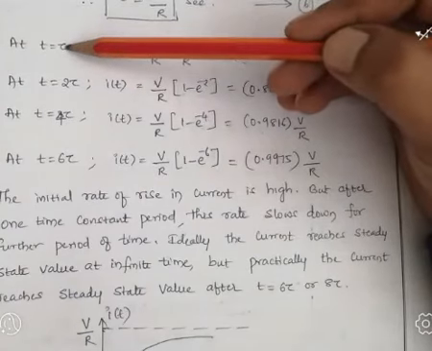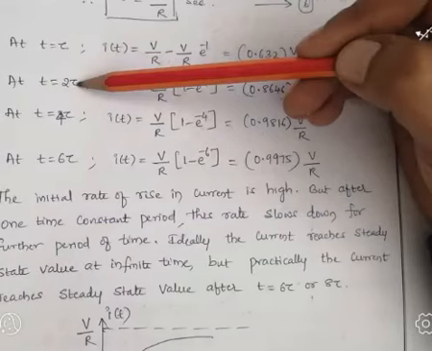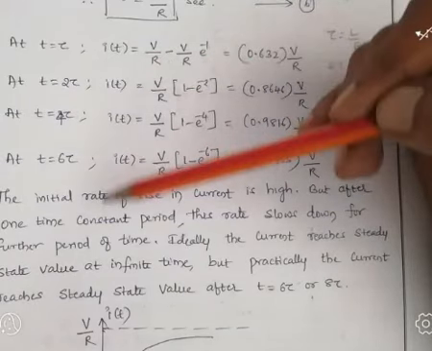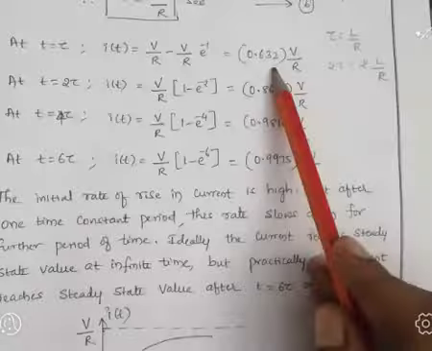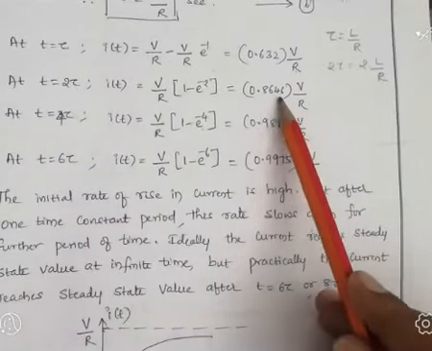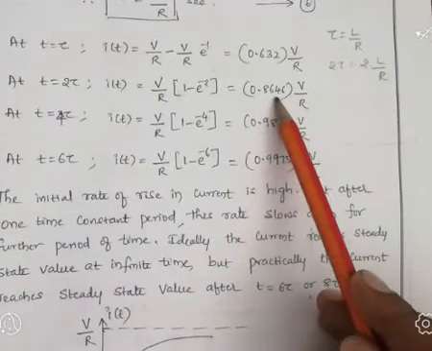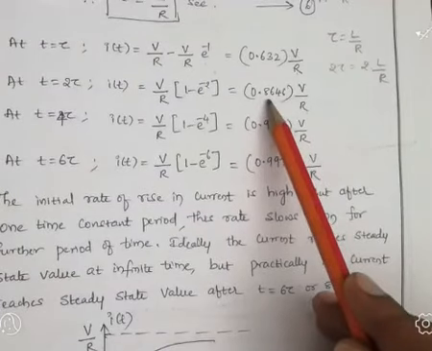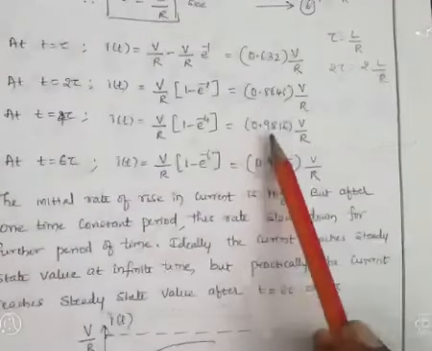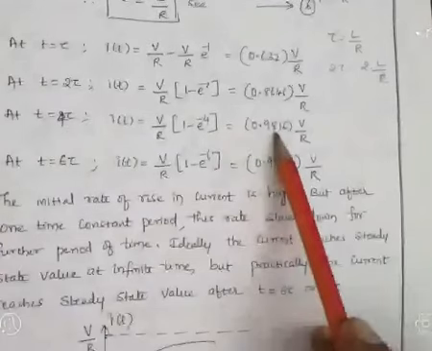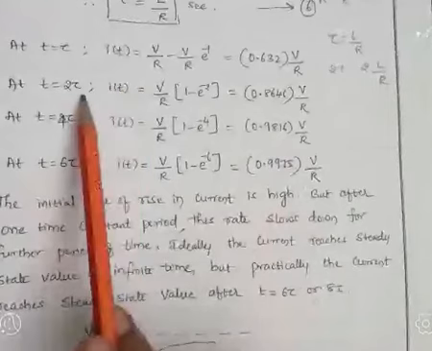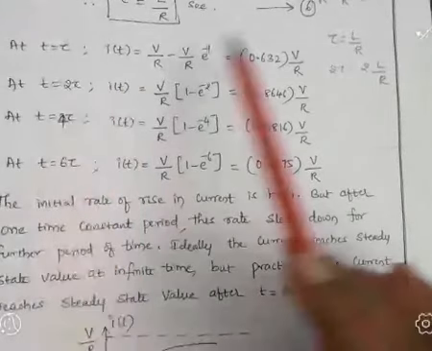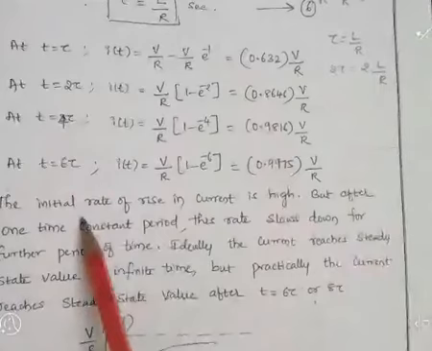Initially it is tau, next 2 tau, 4 tau, 6 tau, 8 tau, 10 tau, and so on. So observe the value. Initially when it is tau, we are getting 0.632. As we keep on increasing the value of t, it approaches very close to 1. Next value we are getting 0.8, next we are getting 0.98, for the next value we are getting 0.9975. So as we are increasing the value of t equal to tau, 2 tau, 4 tau, 6 tau, what are we going to conclude from this discussion: the initial rate of rise